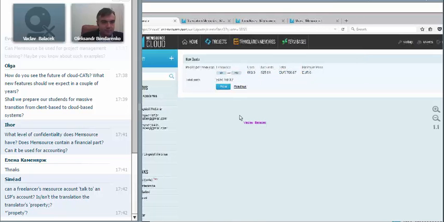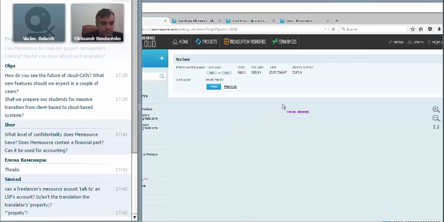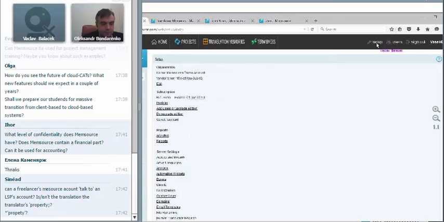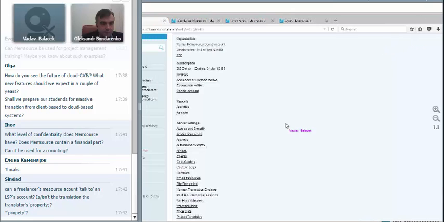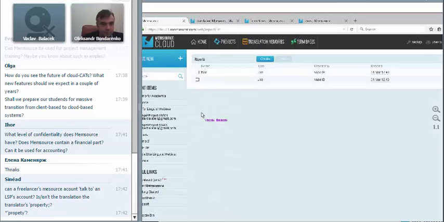So accounting, it's not really something that we do. We don't have a billing module, something that would make it possible for you to create invoices, but we have reports which make it possible to generate, say, a report for all jobs created from a certain date to a certain date with some further characteristics, and this will create a CSV or Excel-based report that can be processed